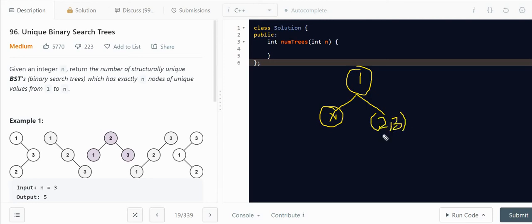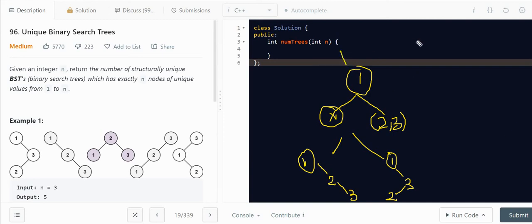So these 2 and 3 I can place in 2 ways. What 2 ways? One way is you place the 2 here, and then you place 3 here. And another way is it is 1, and you place 3 here, and to the left of 3 you place 2 here. So this is a total of two possibilities, right?